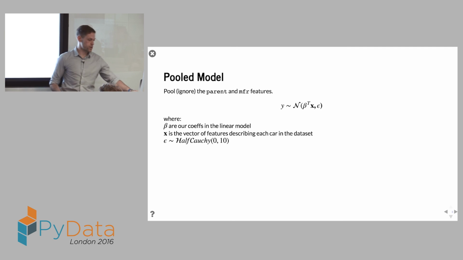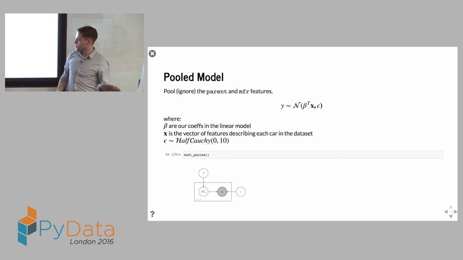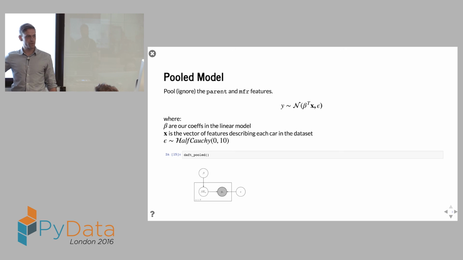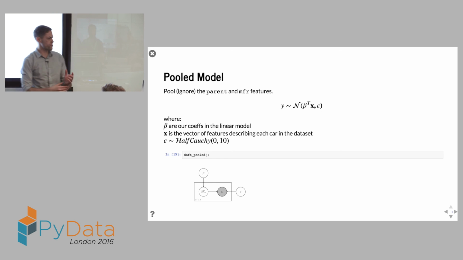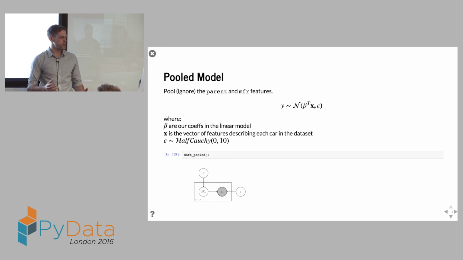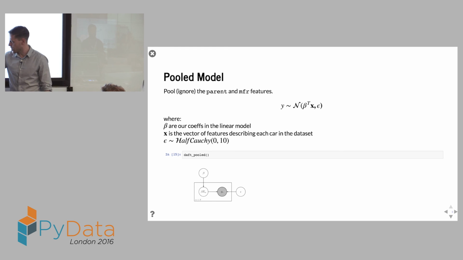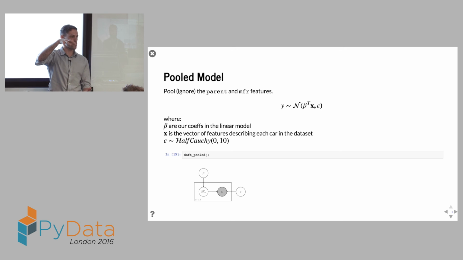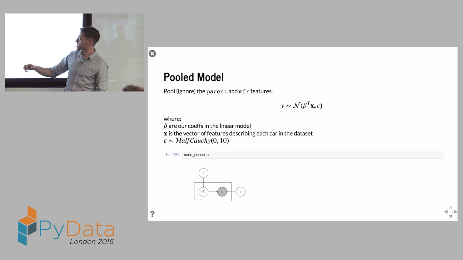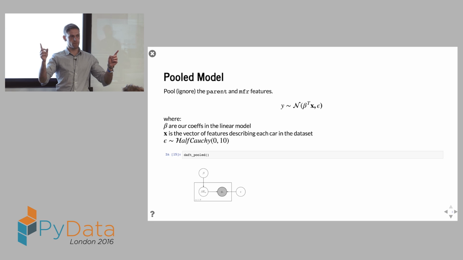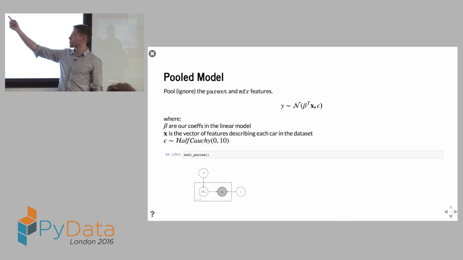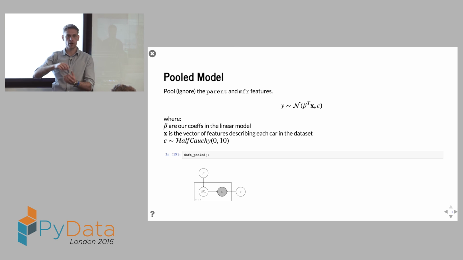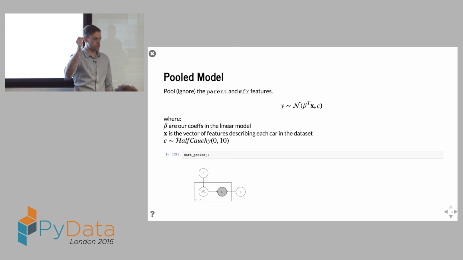This is actually much less interesting than the DAFT library that Dan Foreman-Mackey has very recently created, which lets you create plate notation. I'll show a bit more of these as we go on, because what we're going to do is start making this more and more complicated as it gets more hierarchical. So what this is saying is, take all the features that we've got. There's a coefficient on each, standard linear regression. That's describing the mean of a normal distribution from which I pluck the emissions value.